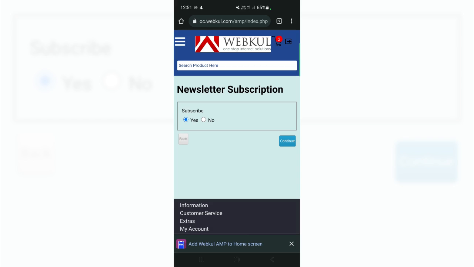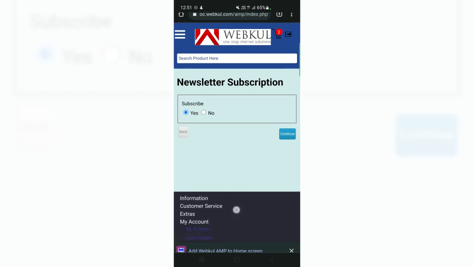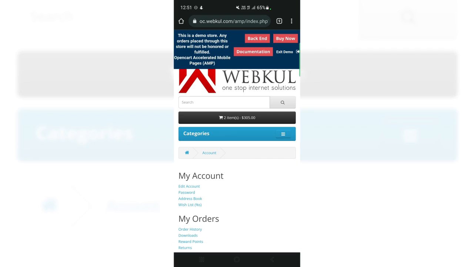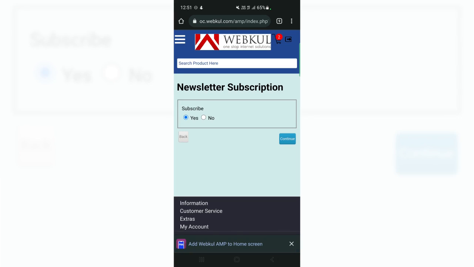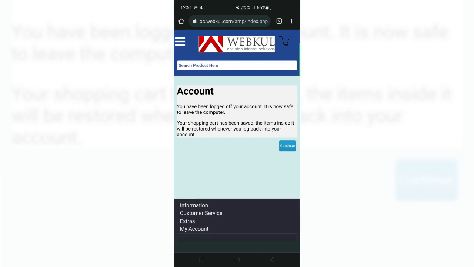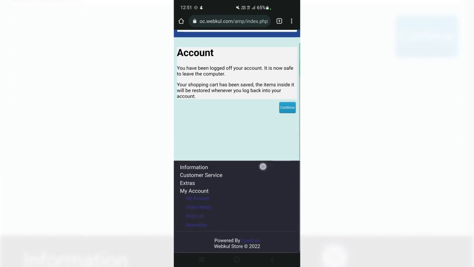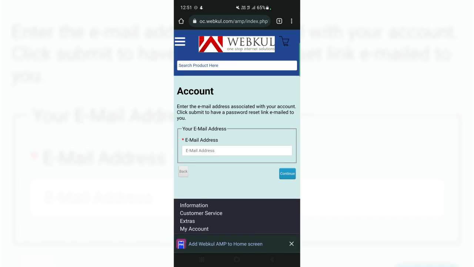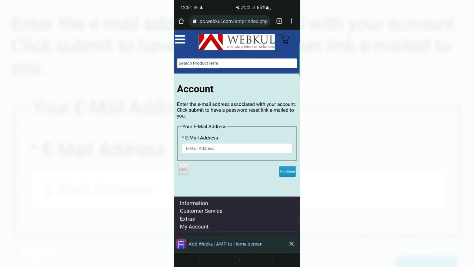cart page, checkout page, registration page, login page, forget password page. Let me show you the forget password page as well. So if I go to my account, I'll have to log out there basically. Let me log out of the customer account, my account, forget password. So the forget password section is also AMP enabled, and the other CMS pages, as I've already shown